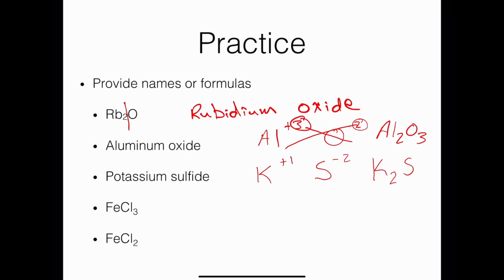Now for the next two, we can see that in both cases, the cation, or the first element, is Fe, and Fe is iron in both cases. And we can also see that Cl is chlorine. Now remember, if we are changing these names to turn it into compound form, we need to show that it is bound to iron, and we do that by changing the last part of the name from INE